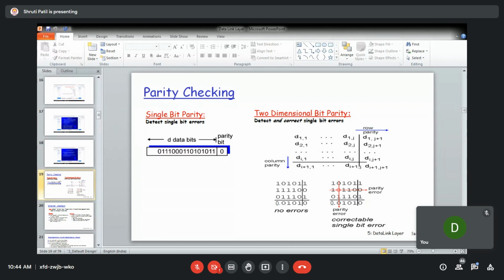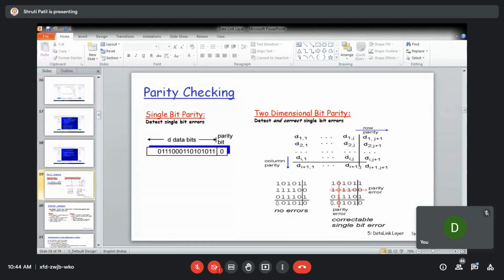You will have a generator which will have R plus 1 bit pattern. So if you are using an R plus 1 bit pattern, you will get R CRC bits, and the remainder is R. Okay, here I will just show you the formula. This may become complicated. So actually this is D into 2 raised to R XOR with R. Equivalently, we get R as the remainder. Remainder of what? D into 2 raised to R upon G.